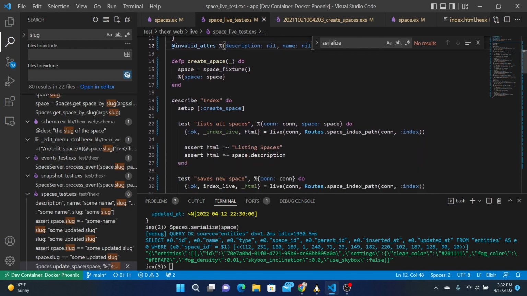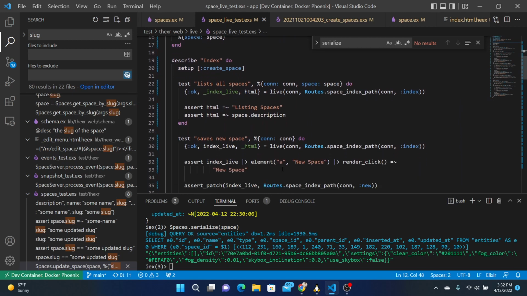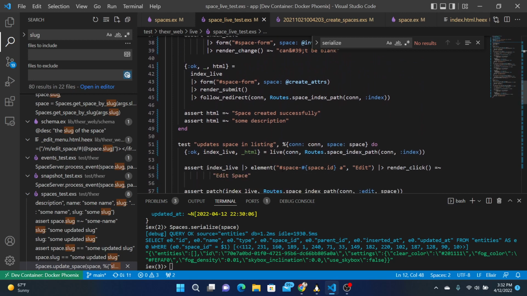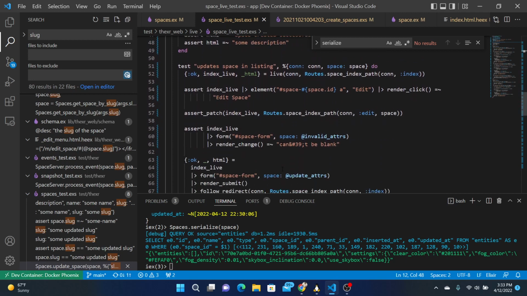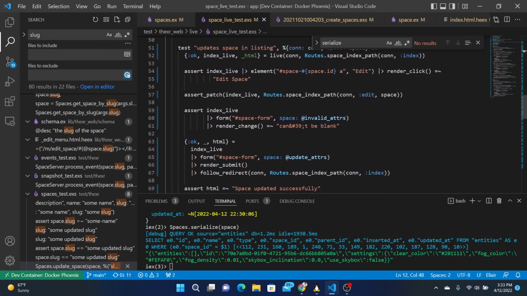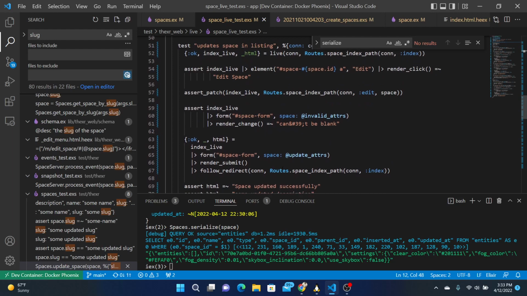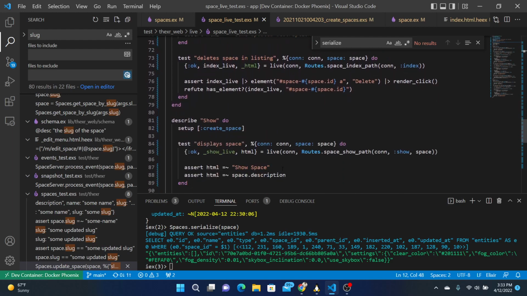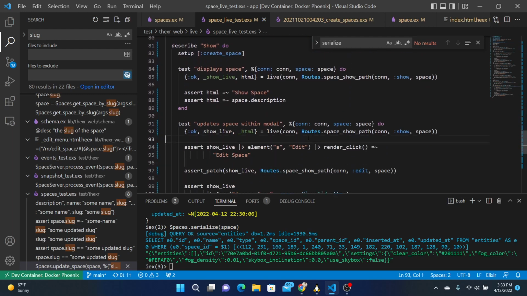Next, list all spaces. Space. Update spaces. Space in listing. Check anything about a slug.